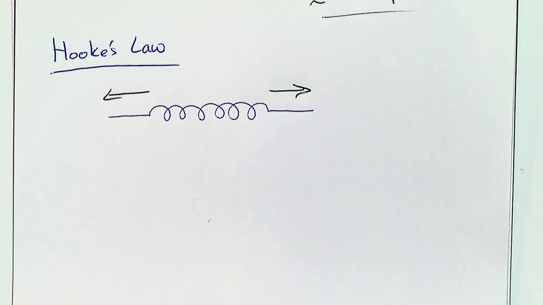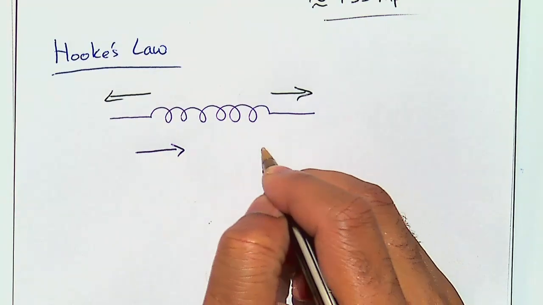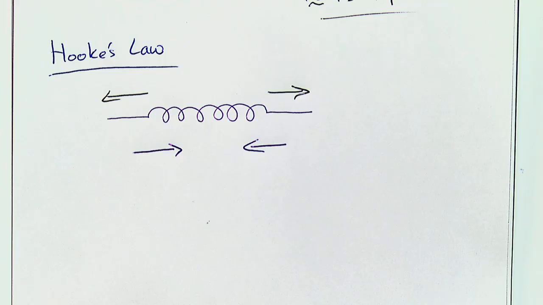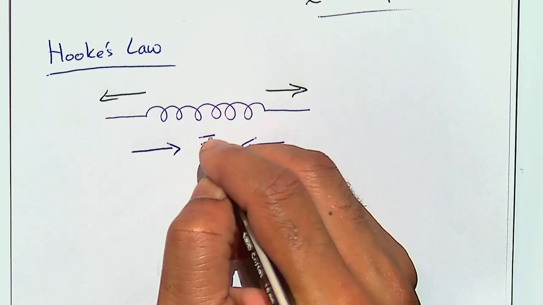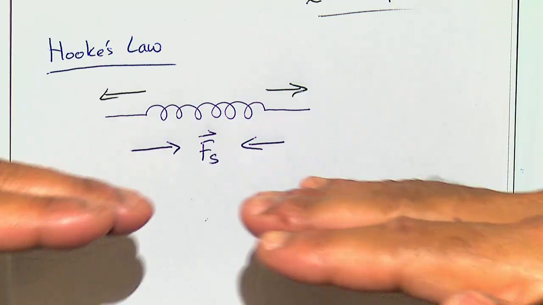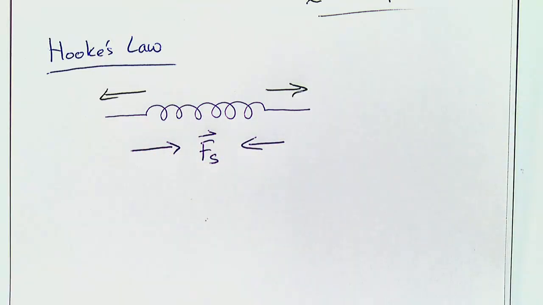So when you do this, what the spring wants to try to do is to pull itself back together, right? So the force of the spring is in the direction that tries to compress itself, if you try to stretch it. Now, the opposite also is true, right? So if you took a spring,